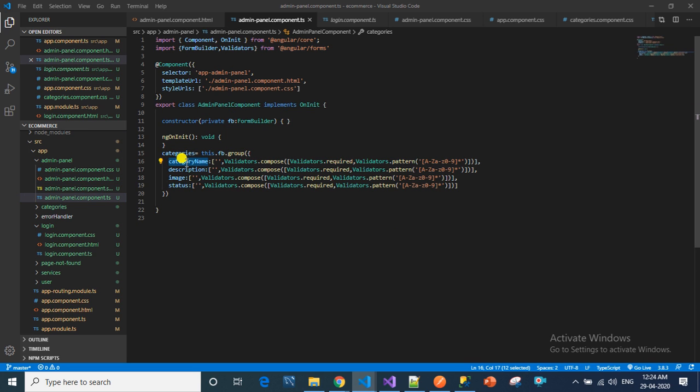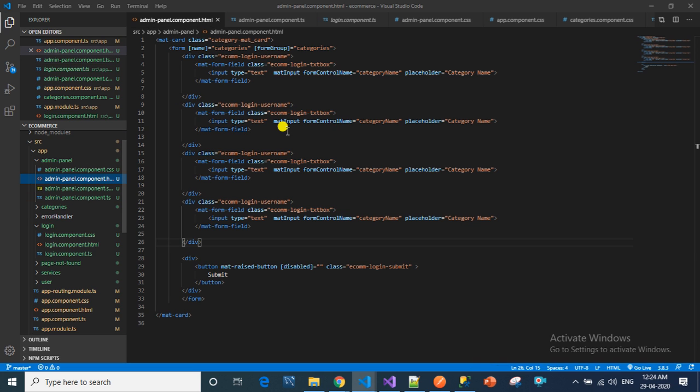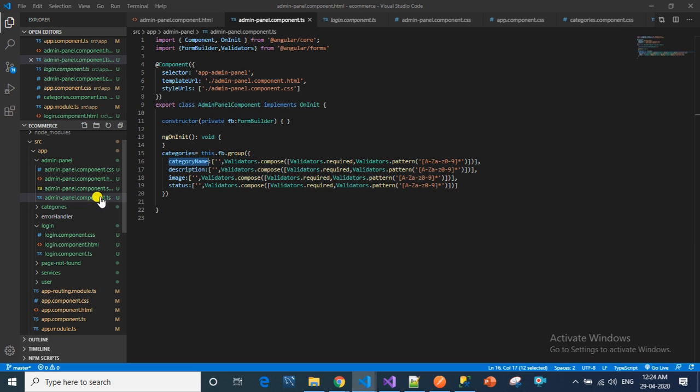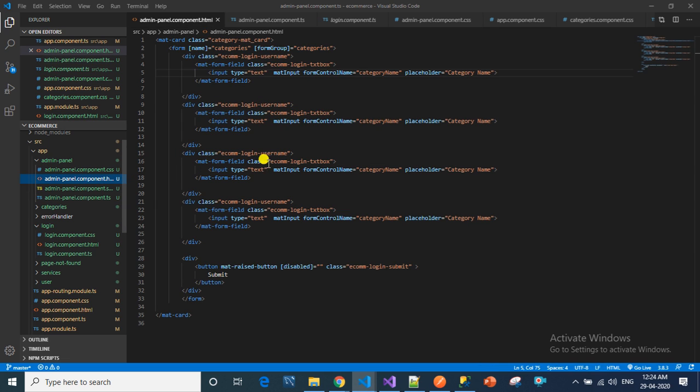We have to copy this and paste here, and like this we have to paste for all.